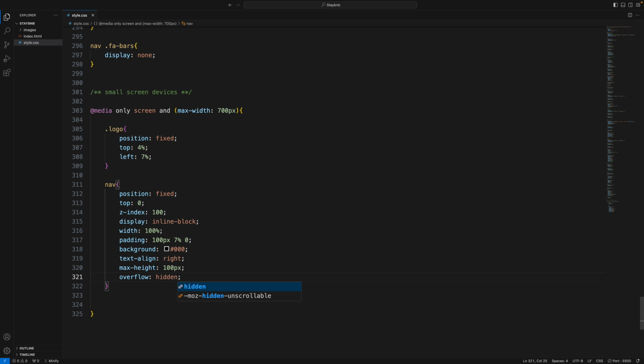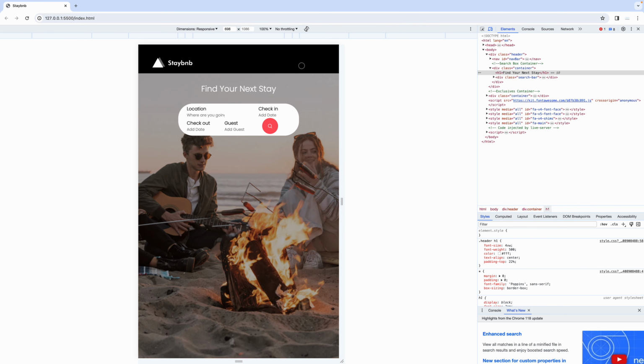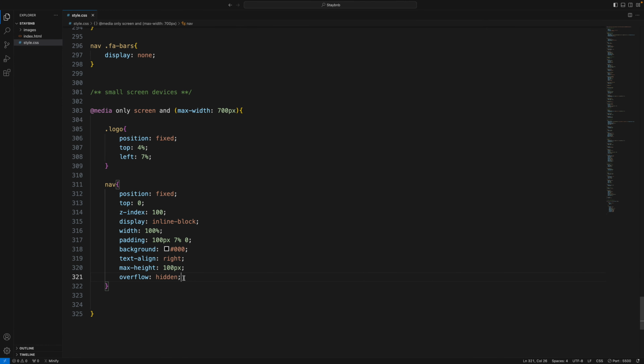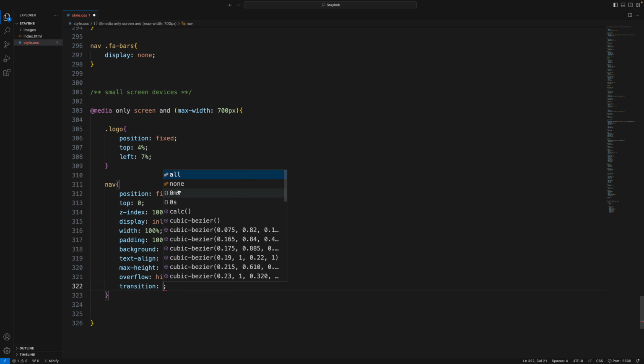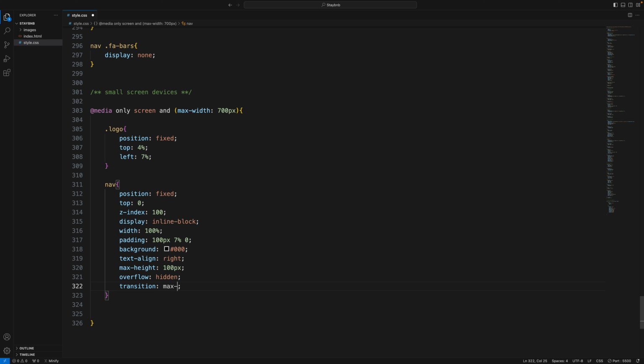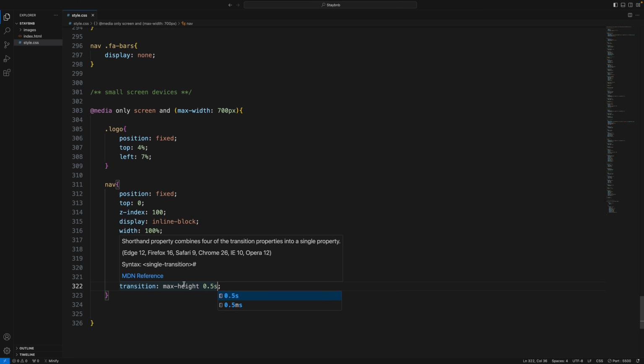Overflow hidden, and nice. Overflow hidden, and then transition, max height, 0.5 seconds. All right, so we're gonna adjust our nav, this is what we're doing, to make it a drop